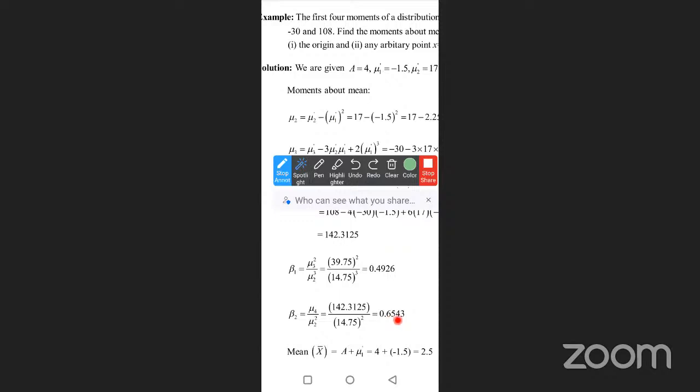This is known as elliptic. When you are drawing the graph paper, the curve should come. The curve is known as elliptic, beta 2 less than 3. So this is the first part. Now coming to the second part. Now using these mu2, mu3, mu4, you can find the